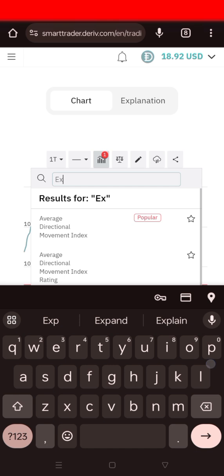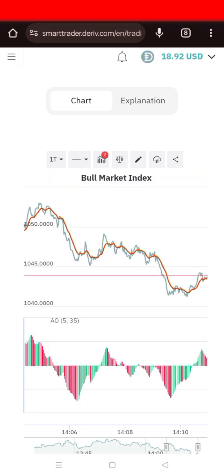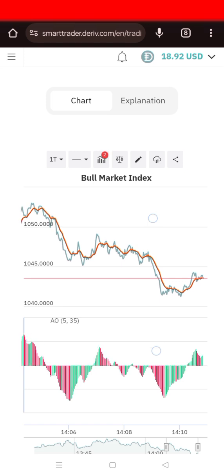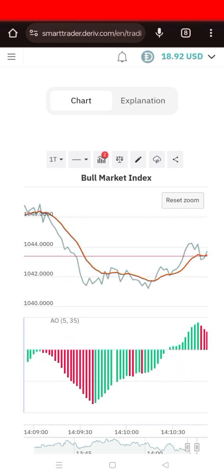So you just erase everything and put Exponential Moving Average, then for the period, put it to period 10. That's the specific period I want you guys to use. So always put your period to 10, and then for the stroke you can set it to 2 for easy visibility. I've done this before and I've told you this could be the easiest method you could ever use to